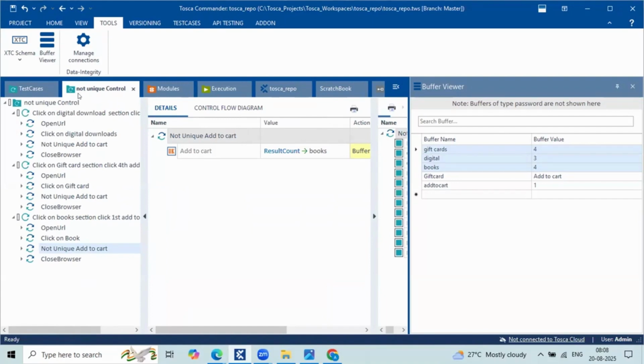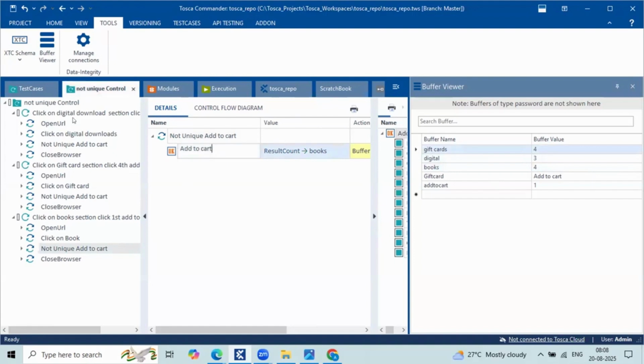So if a control is not unique, then we can capture the number of entries of the gift cards within the web page, right? That is the reason at the time of scanning this control, I'm not making this one unique. Clear? So now we can identify and click on that as per the index. Out of these 4, you can do a click operation on any random pick also. Okay, so let me show you that part now.